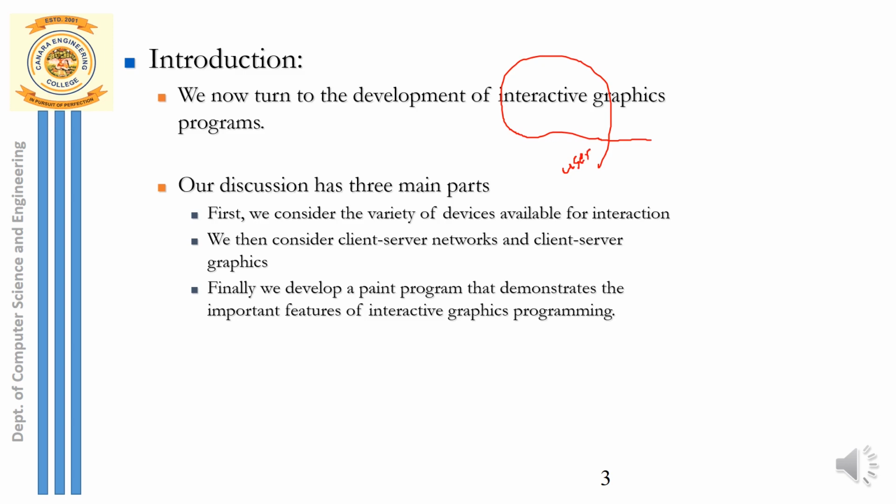Is it possible to have such type of interaction? Definitely yes. We as a user interact with the system with the help of an interface. In general, user interacts with the system with the help of an interface. We call it as user interface. So what are the examples of user interface? One which acts as an intermediate between the user and the system. You can call it as graphical user interface. So what is GUI? Graphically, there is an interface which is developed for the ease of interaction between the user and the system.